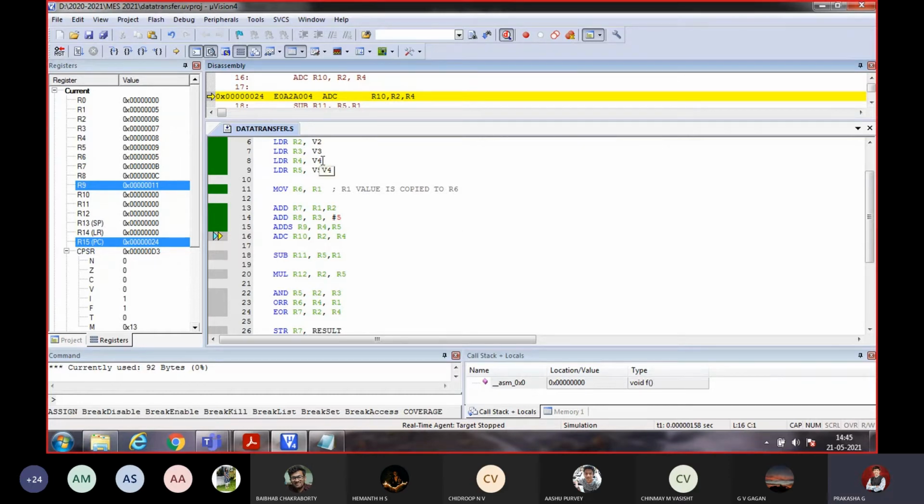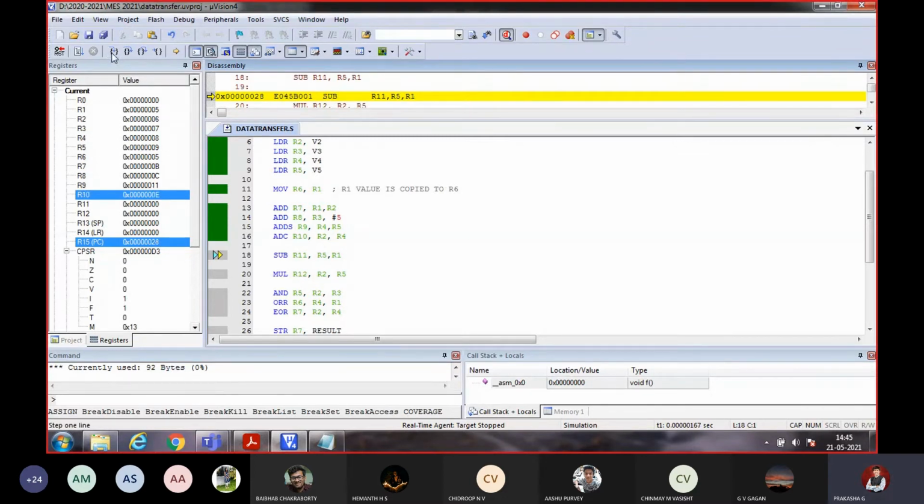11 in the sense, don't think it is 6 and 5. It is actually 8 and 9, which is equal to 17. The decimal value is 17, but the hexadecimal value is 16 plus 1, that is 1 and 1. 11 is coming. So this 4, 3 is over. ADC, if any carry is there, R2 and R4 will be there. And if any carry is there, it's going to set that one. Add with carry. Carry is not available.